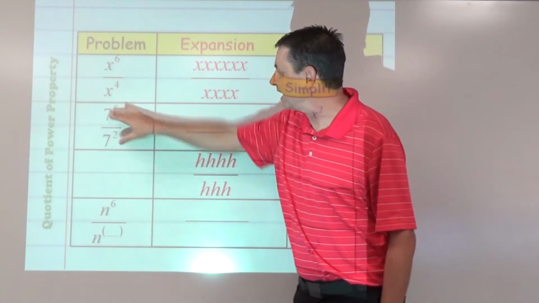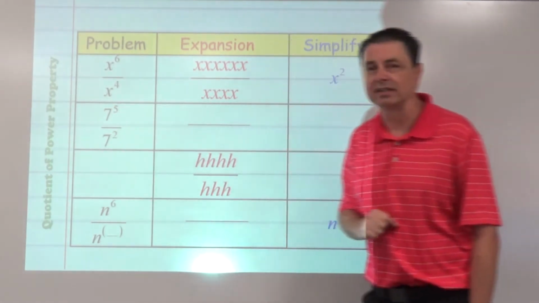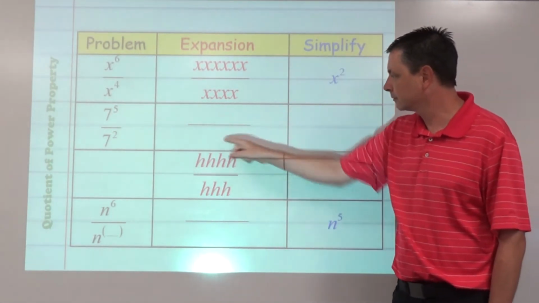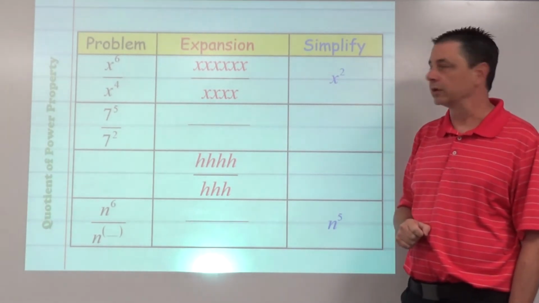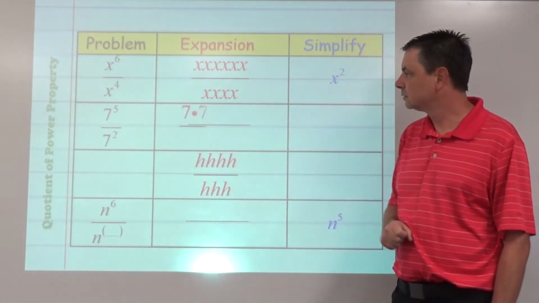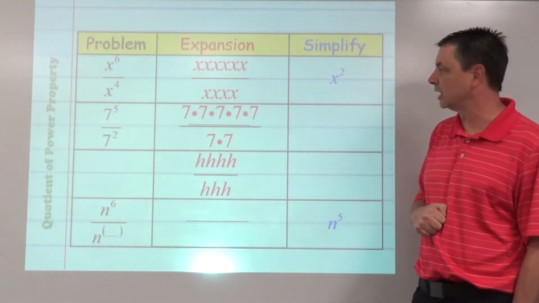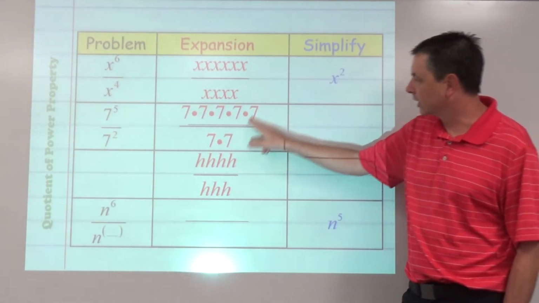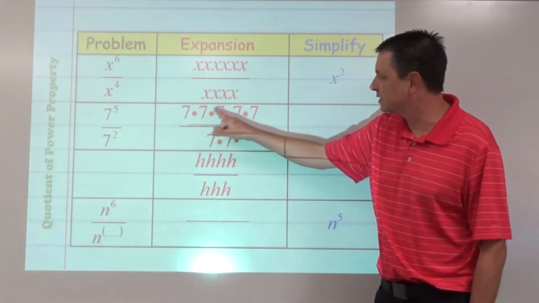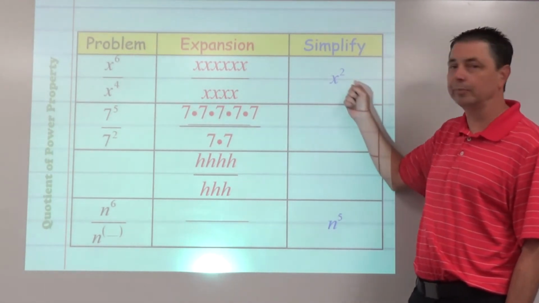So our problem is 7 to the 5th divided by 7 to the 2nd. See what we get for expansion. It'd be a good idea to write these with the multiplication dot. And again, we're going to cancel. We're going to cancel, and 7 times 7 times 7 is 7 to the power of